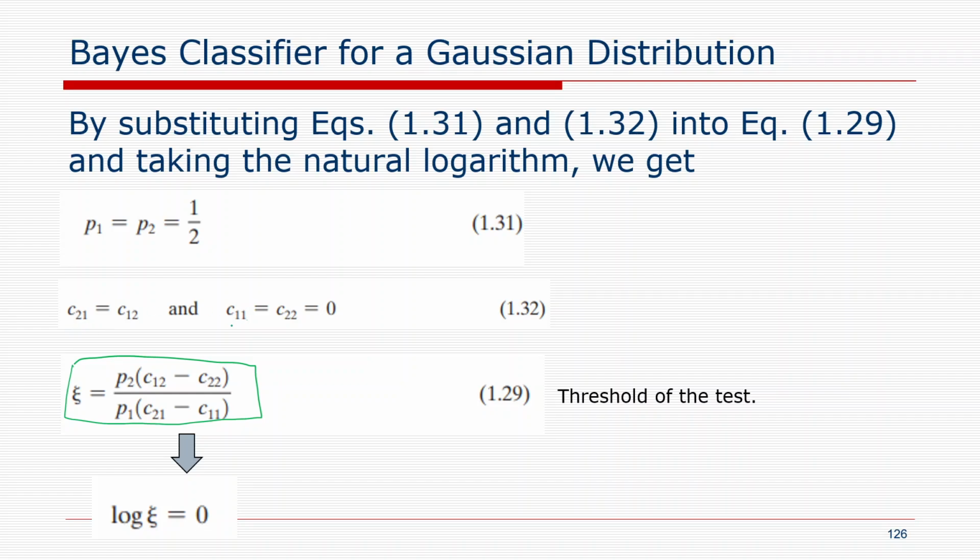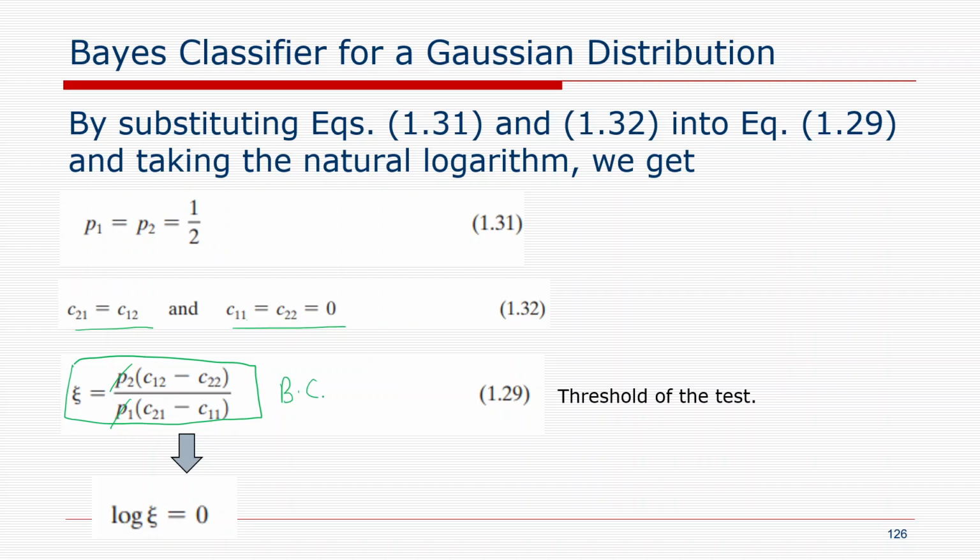Correct classification is going to have a zero cost. Incorrect classifications are going to have the same cost. Therefore, when we substitute, this P1 and P2 are going to get cancelled out, because this expression xi equal to P2 of C1 minus C2 divided by P1 of C21 minus C1, we got it